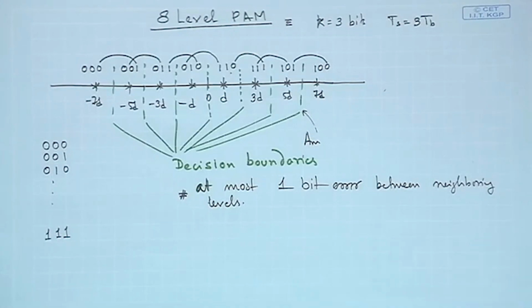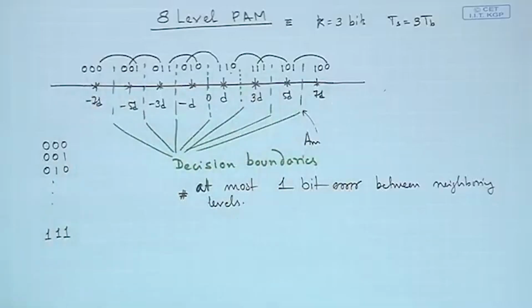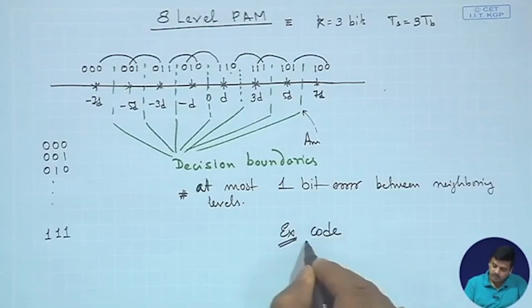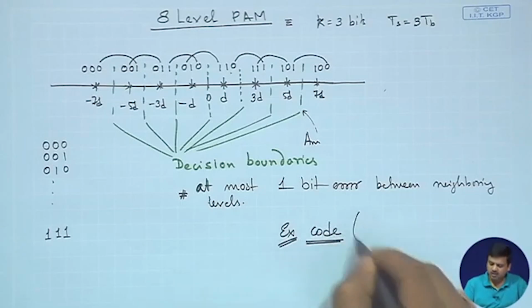You could try for yourself as an example or as an exercise, can you find some other mapping instead of the one that we have displayed over here, and could you write a short algorithm or a script by which you could automatically assign these bit sequences to the levels in a gray coding format. So, you can try out an exercise where you can develop a MATLAB code. Let us take MATLAB,